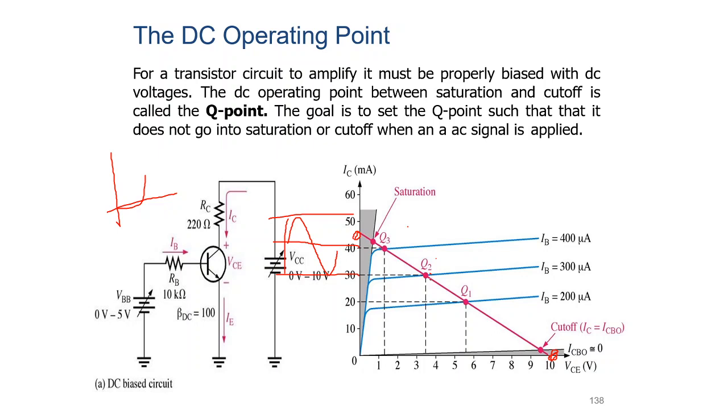If we fix that as the Q point, that amount of voltage and current has to be generated at the output. Only then can we get the signals without any distortion. So in order to get this output voltage, what resistance values and what supply we have to choose comes under the biasing and stabilization process. Stabilization is nothing but, whenever the temperature increases, VCE and IC should be maintained as constants.